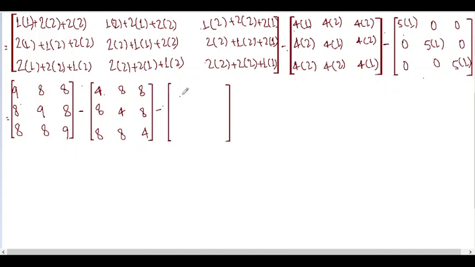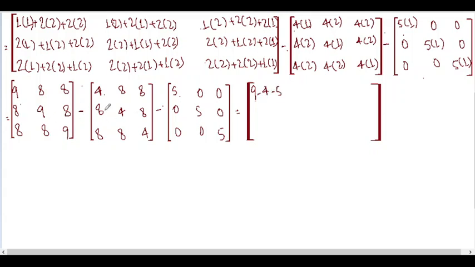Subtracting another matrix. So here we get, it is very simple: 5 0 0, 0 5 0 and 0 0 5. Now we are going to subtract these two matrices from this matrix, so we write it over here. First of all this 9, this 9, and then we are going to subtract 4 and then subtract 5. So minus 4 minus 5.